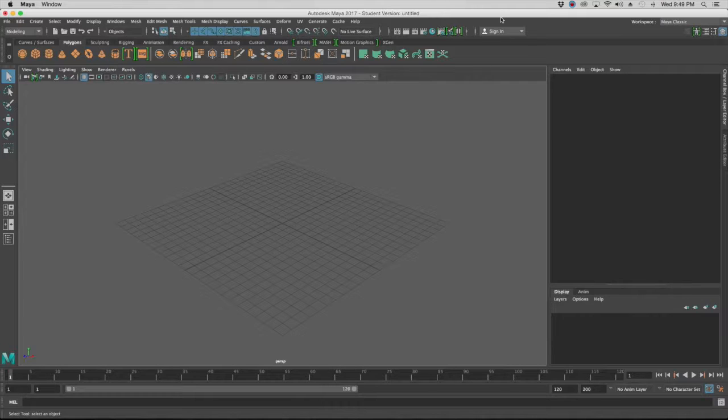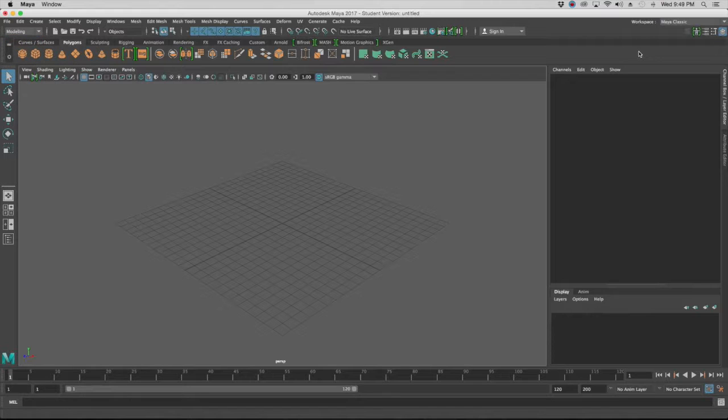So when you open up Maya, this is what you'll see, and this is your basic interface right here. It may look a little bit different depending on what layer you're in or what kind of setting you're in. So I'm in modeling right now, but if I click this drop down up on the top left, you'll see that there's a bunch of other options as well. We're just going to stick to modeling for this tutorial and for this series